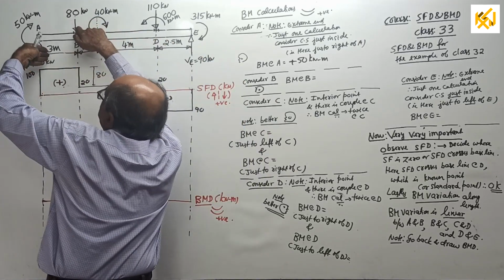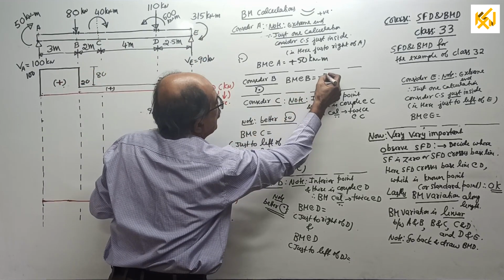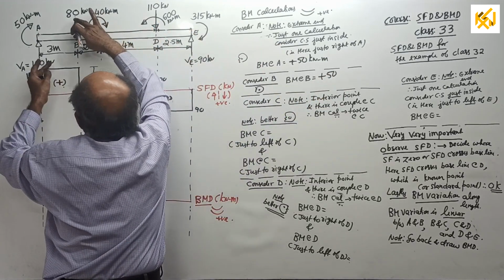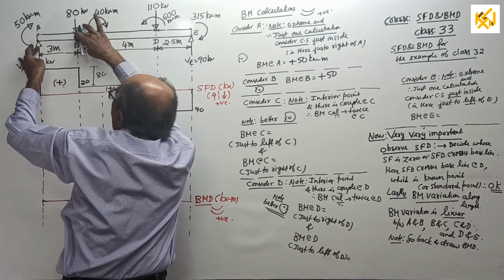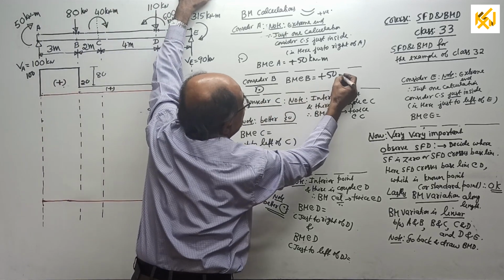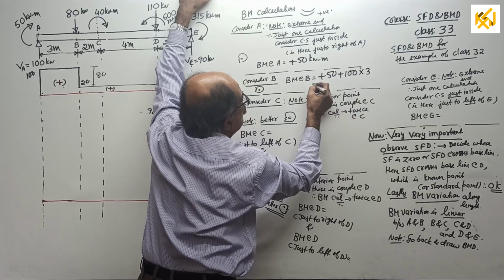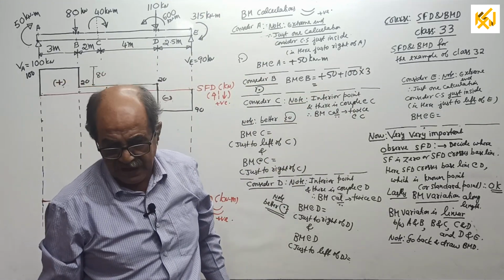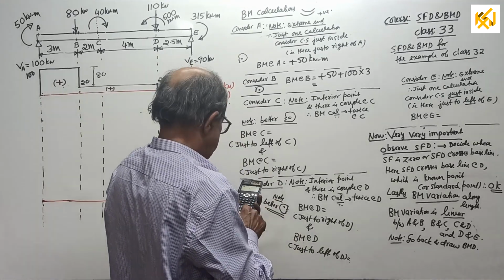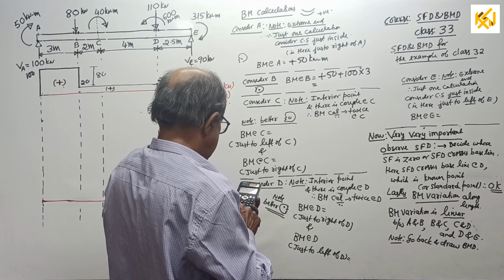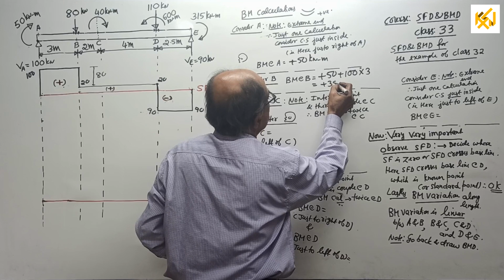Start. Plus 50. Why it was thoroughly explained earlier. Plus 50, not over, no into, it's a couple. Plus 50 and also plus 100 into 3. This answer you already know earlier, equal to the value required. My calculator is required now. Who remembers all those values? 50 plus 100 into 3 is plus 350 kilonewton meter. Over.